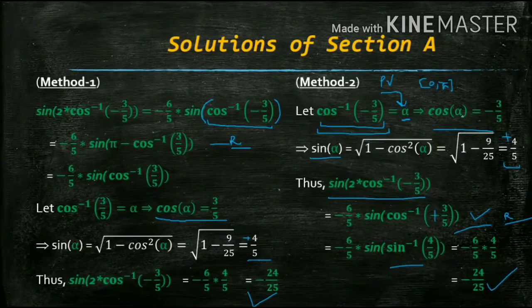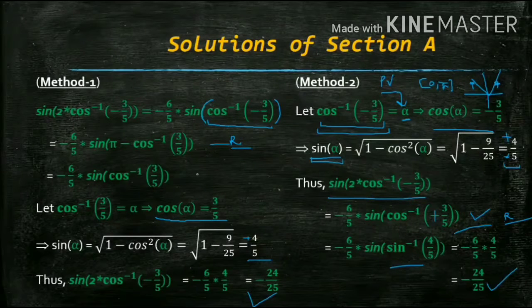Correct. Now, x belongs to the closed interval 0 comma pi. Now when I write sine of alpha, with alpha in the closed interval 0 comma pi, it means the first quadrant or the second quadrant, and you know that sine is positive in the first and in the second as well. So whether the angle lies in the first or in the second, it doesn't matter, sine would always be positive. So that's why I have taken positive over here, not negative, because of that reason.